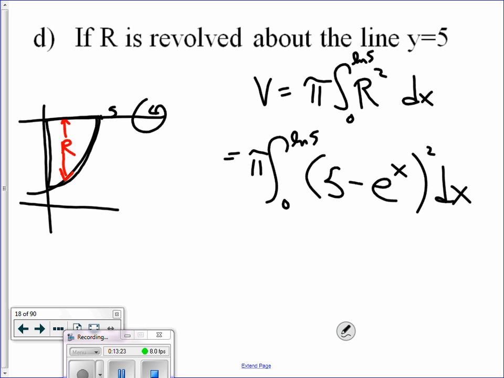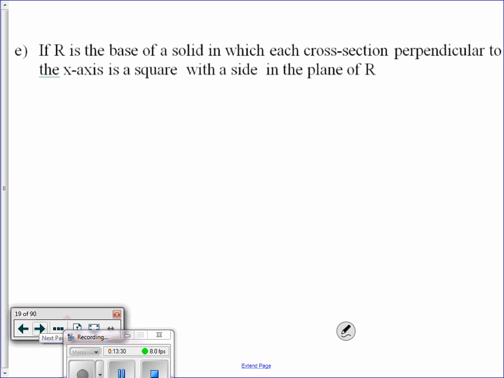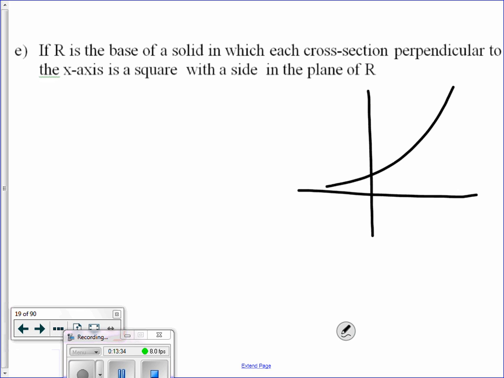Questions on that one? Okay, moving on. All right, now same graph, e to the x, y equals 5, and x equals 0. And this time, slices perpendicular to the x-axis, so the slices are going this way, are squares. Okay, so for this type, how do I start out? I write volume equals